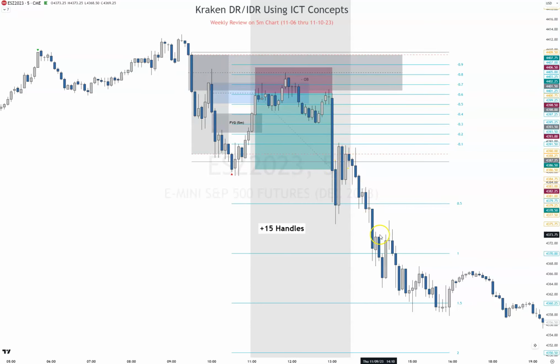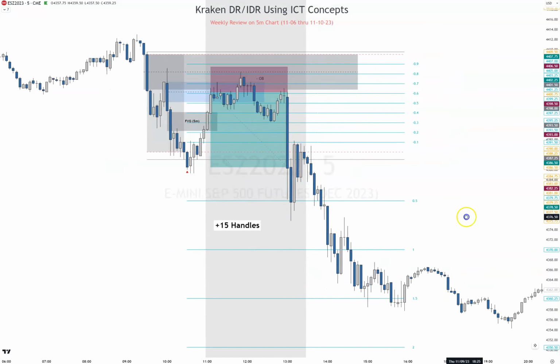Now, had you left a runner on, right? You could have left a runner on and used PD arrays to see if it's going to hold price. Does it come to this mean threshold or consequent encroachment of this fair value gap here? No. Is this order block respected? Yes. Come down. Is this fair value gap traded into? Yes. But is it closed above? No. Okay. There's another order block. This is a propulsion block. Another fair value gap here, holding down price. And you probably could have come down here, and then you would have been taken out here, somewhere in there.